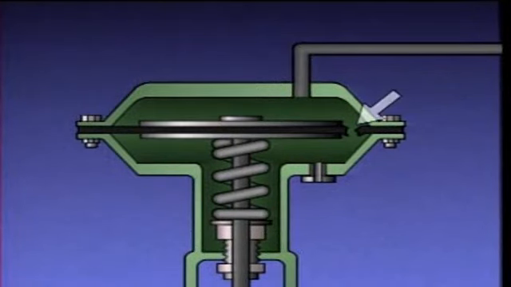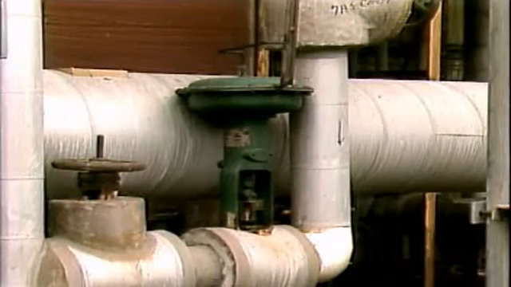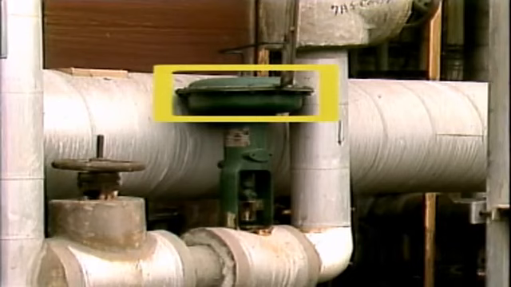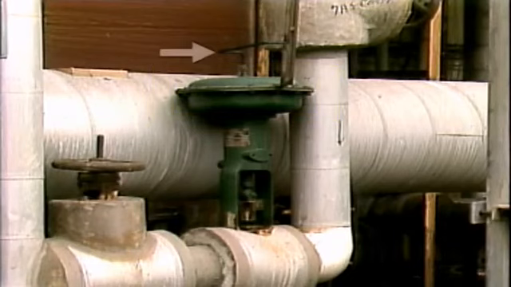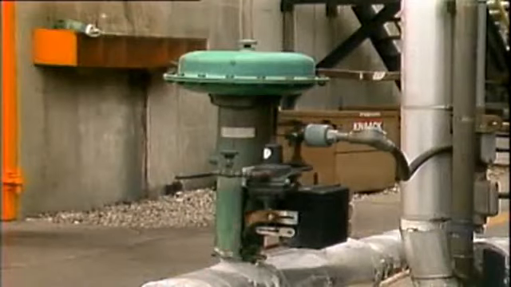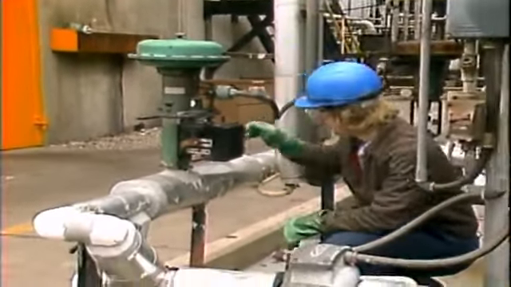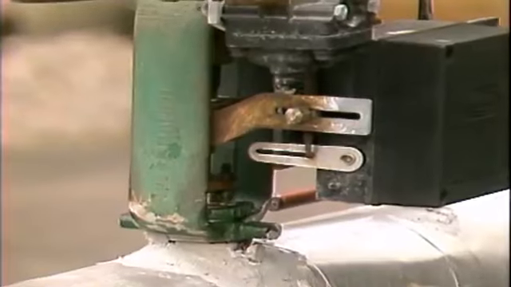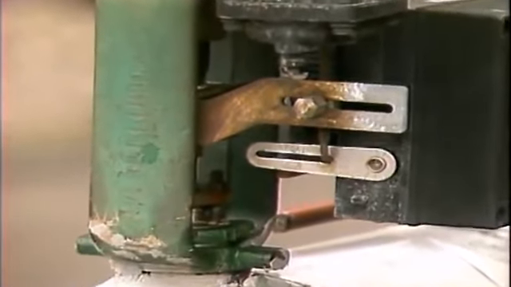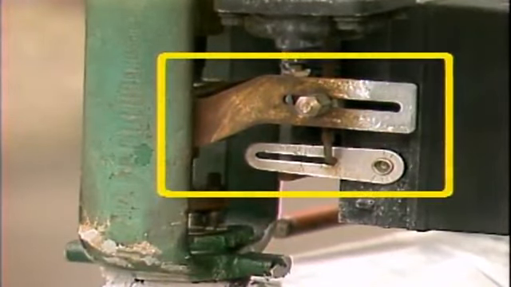For example, a diaphragm actuator will not be able to properly position its control valve if its diaphragm ruptures or if air pressure to the actuator is lost. Loss of air pressure could result from leaks in the actuator around the diaphragm edge, from leaks in the air lines to the actuator, or from a crimp that blocks the flow of air in an air line going to the actuator. If a positioner is used on an actuator, its gauges should be checked to make sure they have the appropriate air pressure readings. Sometimes problems with a positioner can also result from a loose or broken feedback linkage, so it should be checked